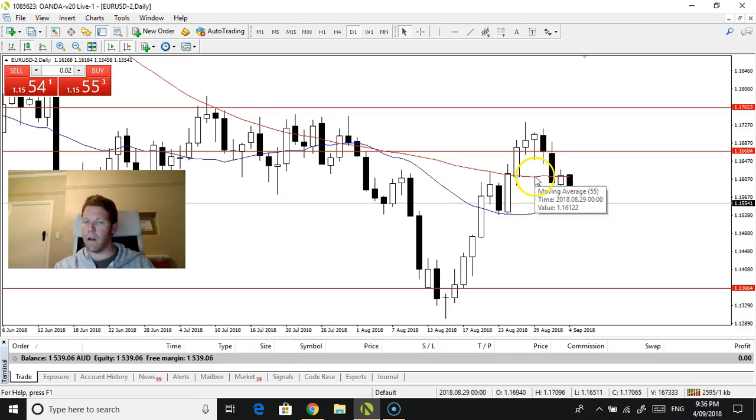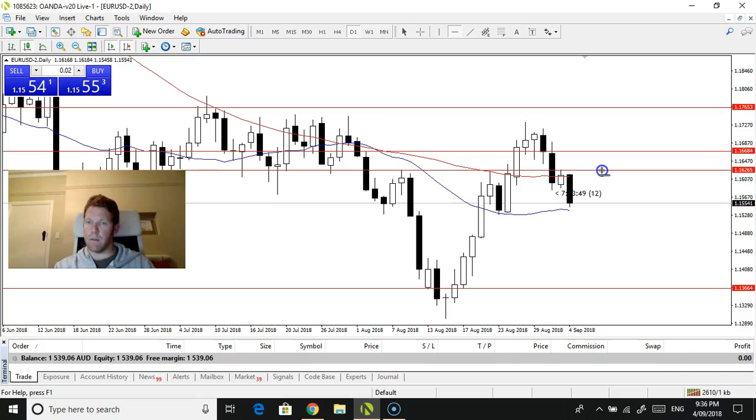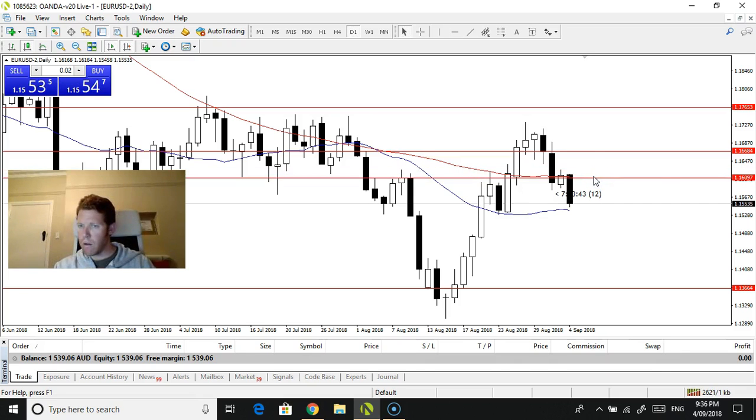Is this the 55? That's the 55. So the stop loss would be up here. Man, look at this. Probably up here. I'm going to put it though. No, you know what? No. I'm going to follow the rules. It'd be about 160.97, and I mean that's not a lot.